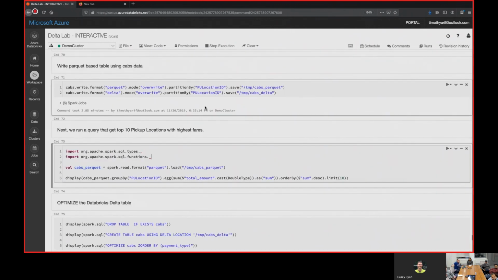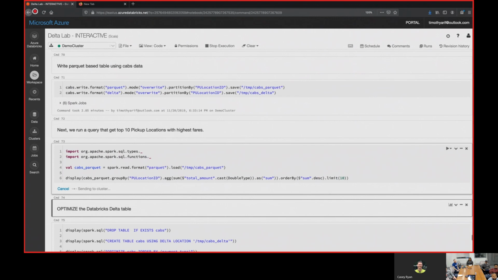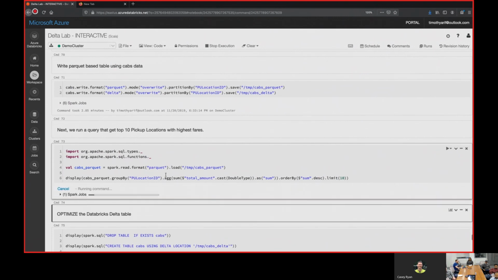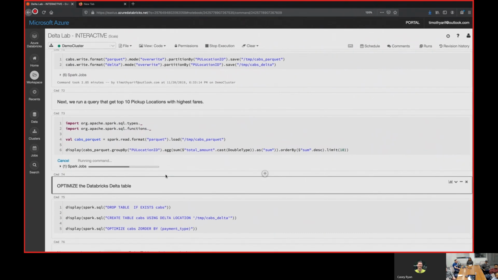So we finally got the cabs right. Let's run this. We're reading the Parquet format. What's kind of fun about this is that it takes forever. It is a small data set, so the optimization and the querying of Delta will be quicker, but it's just not going to be so much faster, because I only have so much credit that I'm willing to spend.